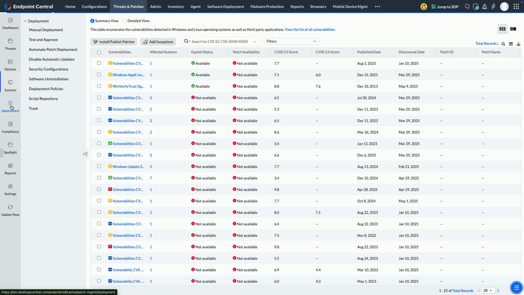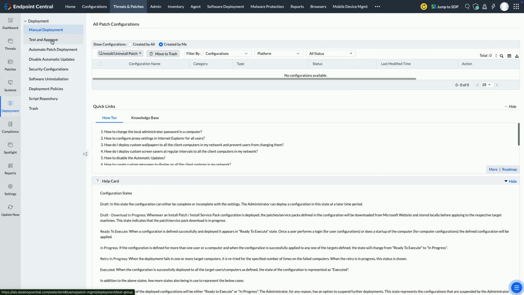So we spoke about patching. I'm just giving you a glance. You can look at it, test and approval. You can create your own test group. You can create your own environment, create a separate group for your servers. Then say, no, this is for Mac. This is for Ubuntu machines. CentOS. Let's create separate groups. And there you see how it works. Based on the performance, the approval can be either automated or you can manually approve it.